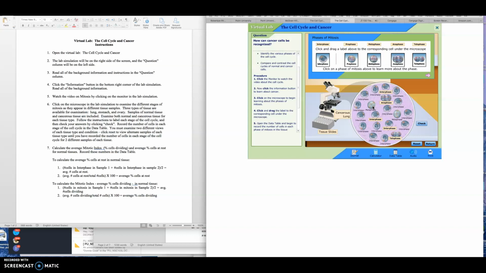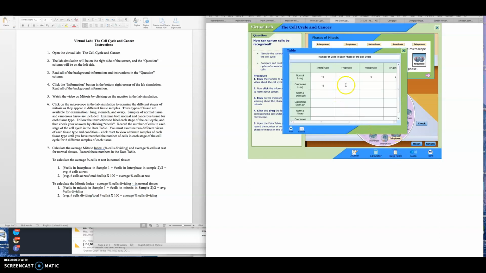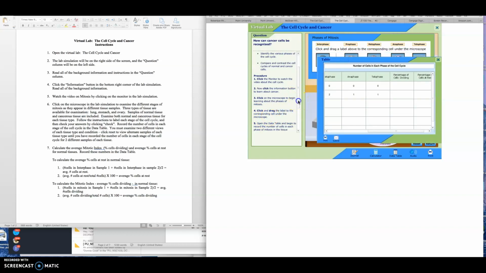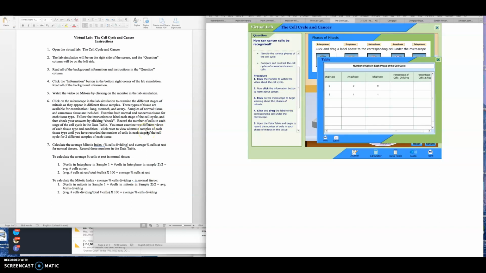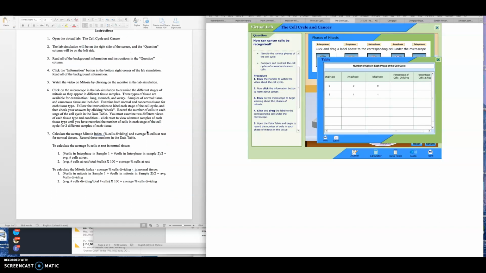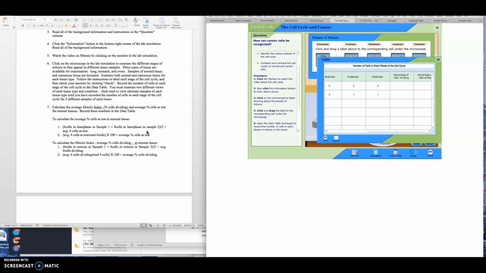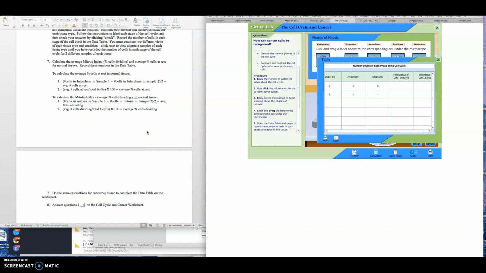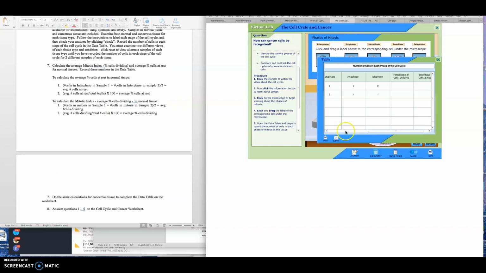We've got an anaphase and a telophase. So 2, 1, 1. Okay, so then we can do that for